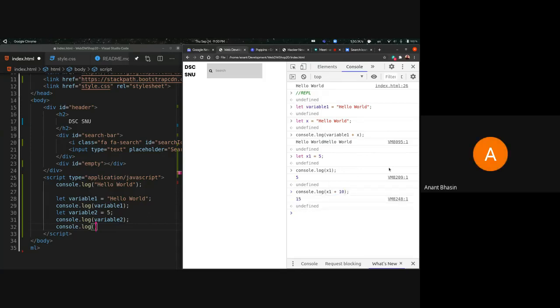So x1 plus 10 gives me 15. But if I do x plus 10, x is a string, x1 is a number. So if I do x plus 10, it gives me hello world 10. It does not add the number, because there is no number in x. So it adds the number as a string, and it does hello world 10.